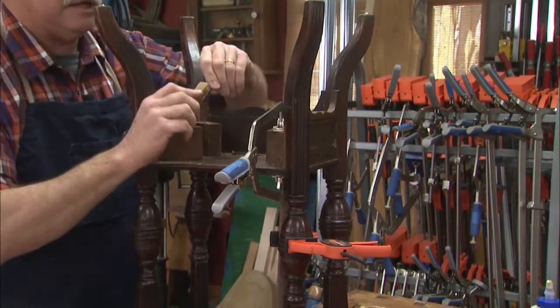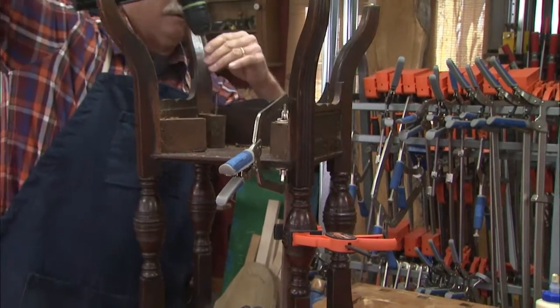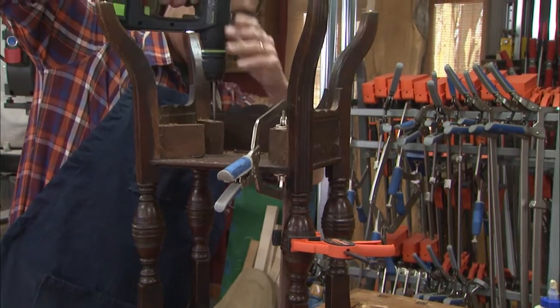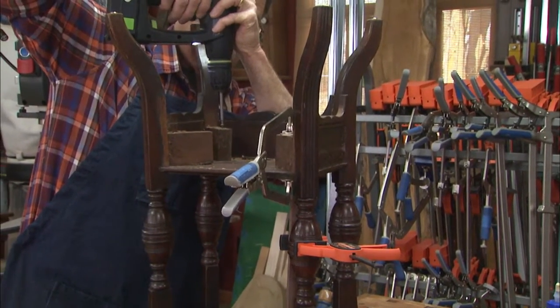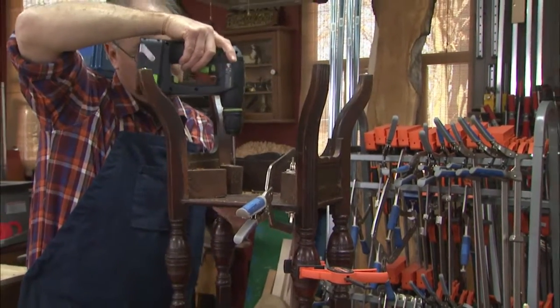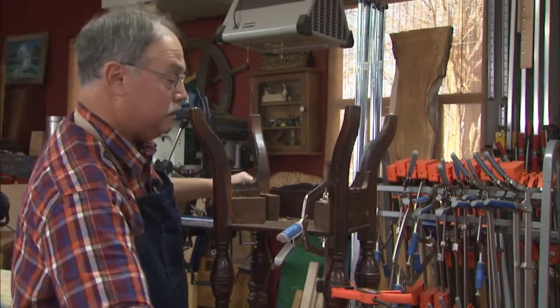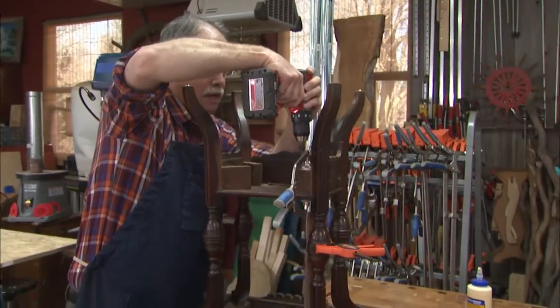Okay, and the other good thing, make sure you put wax on the threads of these long screws. And ease that right on down in there. Ease it back up. It's self-tapping. That's good, just like that. Thankfully, the length is key. We'll screw this one in place. And then,